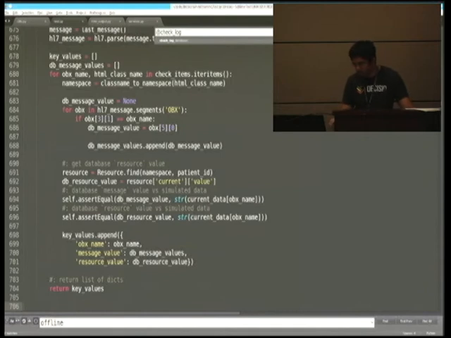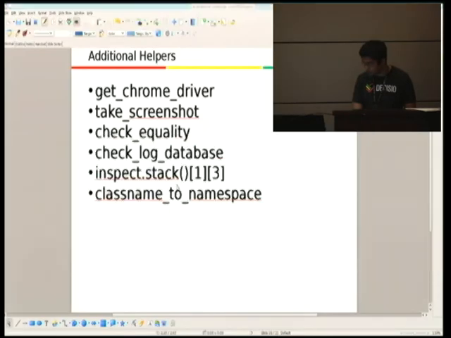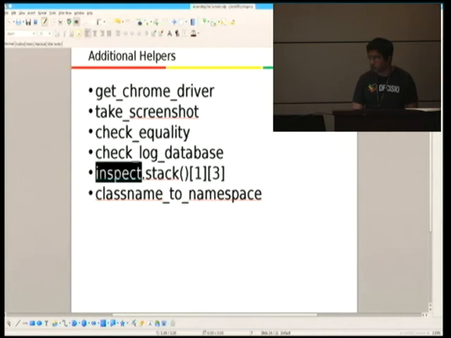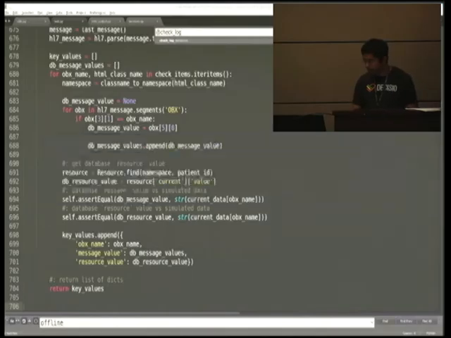So this is why we explicitly check this value. If you're not familiar, you can inspect your stack and know exactly what function you're in or what function called you. So inspect.stack13 will return back the calling function. And so why do we use that? Well,